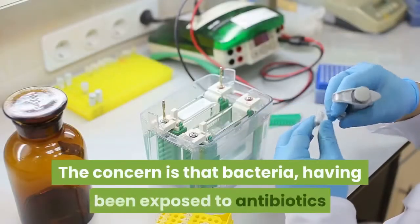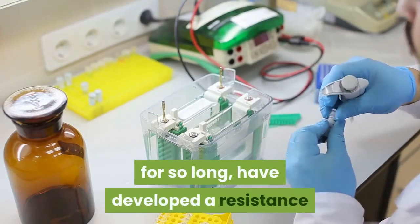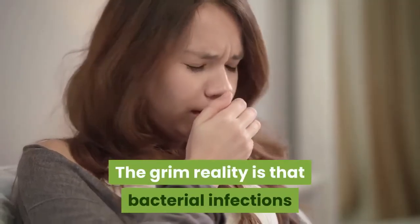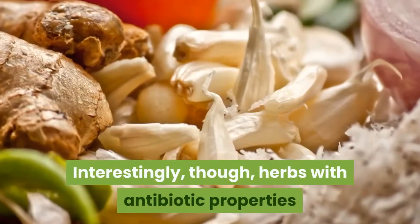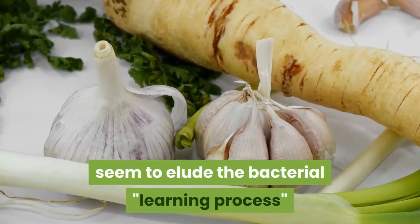The concern is that bacteria, having been exposed to antibiotics for so long, have developed a resistance to the antibiotics, creating superbugs. The grim reality is that bacterial infections that used to succumb easily to antibiotics have turned more serious, even deadly. Interestingly, though, herbs with antibiotic properties seem to elude the bacterial learning process and thus do not appear